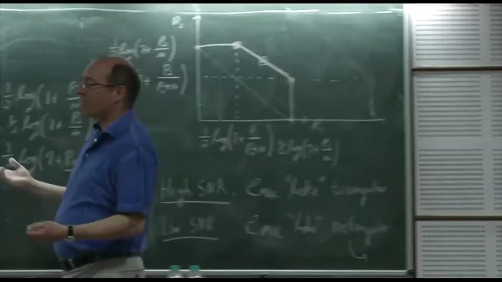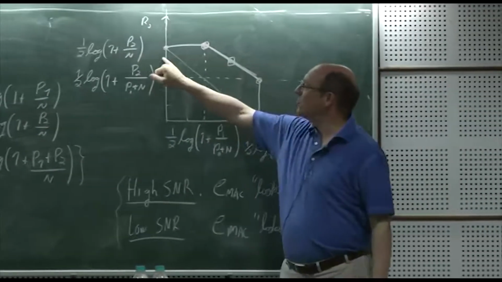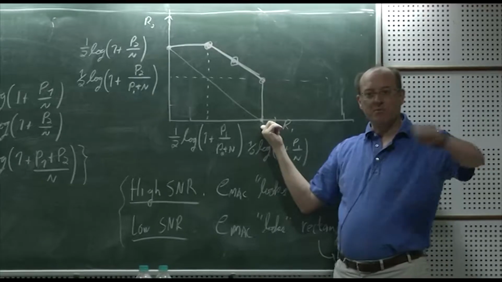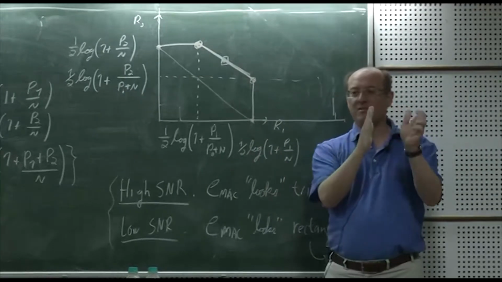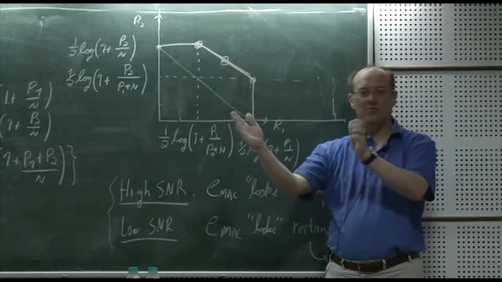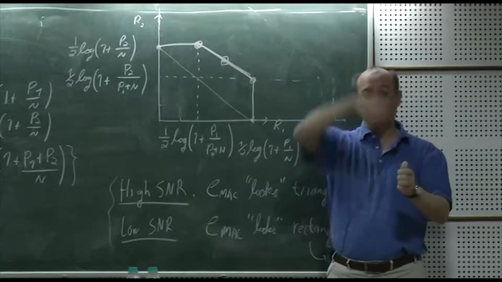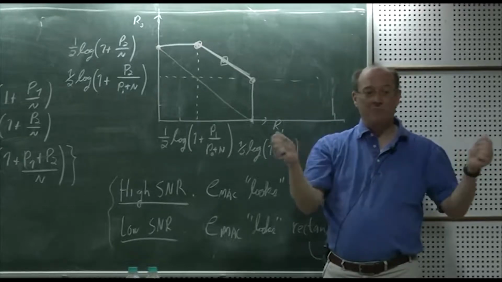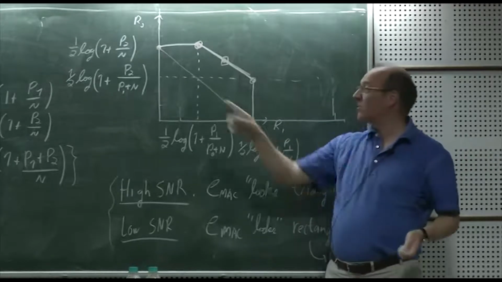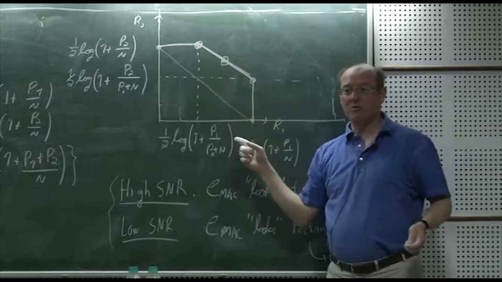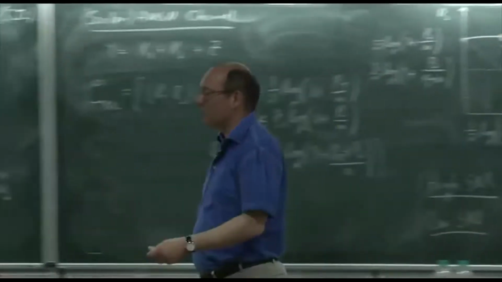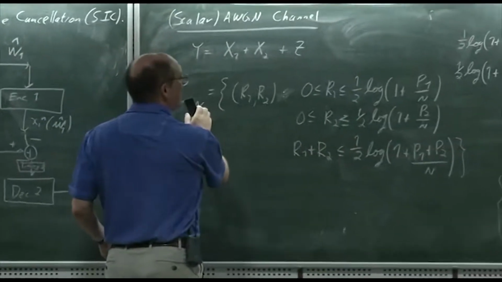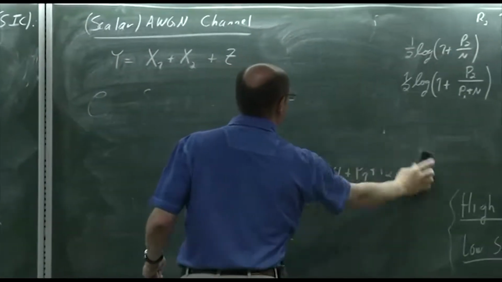But of course, if we do that, then user 1 is only sending at his maximal power for, say, half the time, but actually is not using any power for the other half. So actually we could boost that user's power by a factor of 2 during that time, if we have a block power constraint. Of course, if we have a symbol power constraint, then this is the best you can do. But suppose we now have a block power constraint, and let's compute what the rates are for TDM or FDM